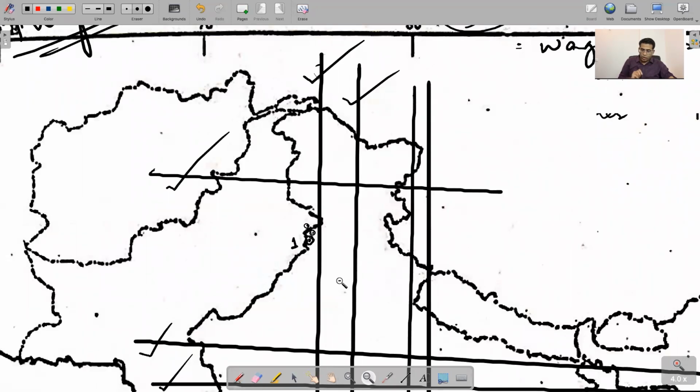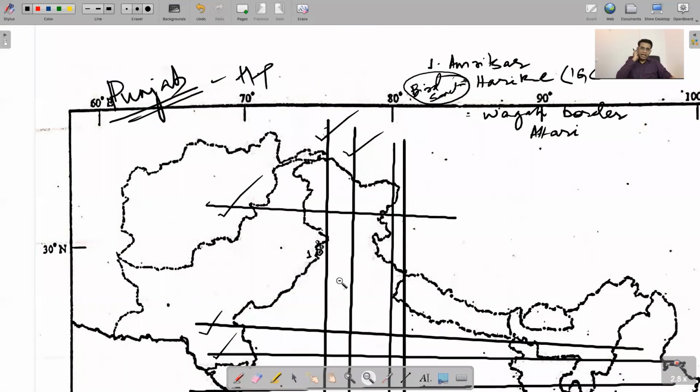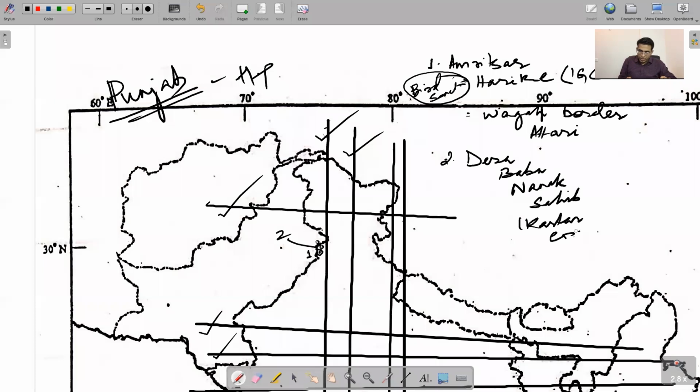Okay, so you could also mark this on your map: Amritsar, and just north of Amritsar along the borders, that is where we have river Ravi also crossing, and this road crosses the river Ravi, and it ultimately goes and joins Katarpur. So number 2 is the Dera Baba Nanak or Dera Baba Sahib Gurdwara, and this is one of the termini of the Katarpur Corridor. So 1 and 2. Okay, so I hope you have got what is 2. This is 1 Amritsar and this is 2.